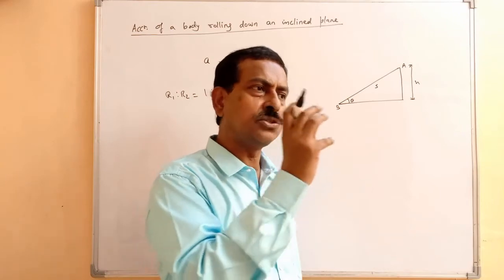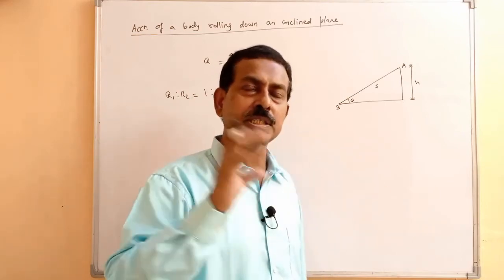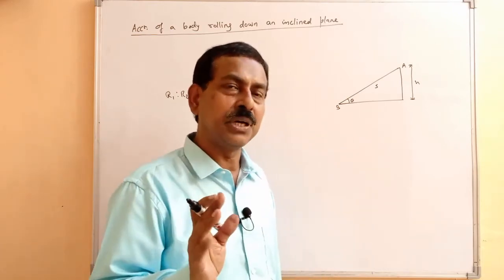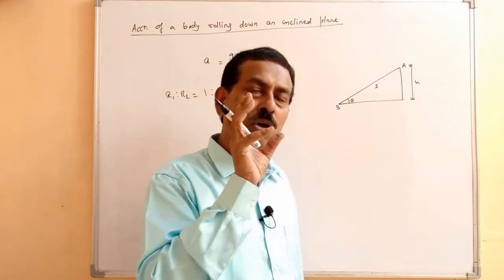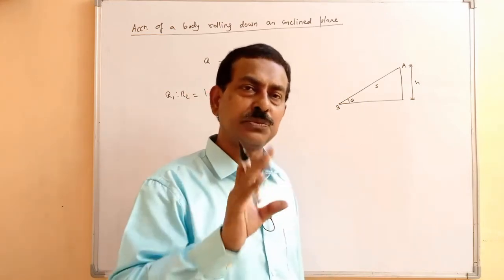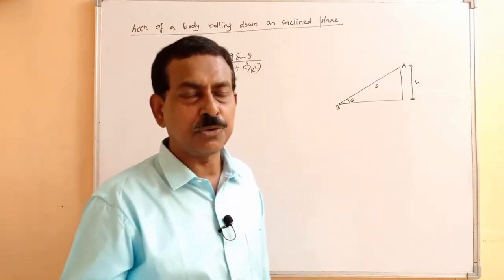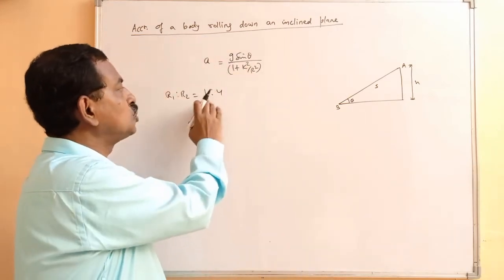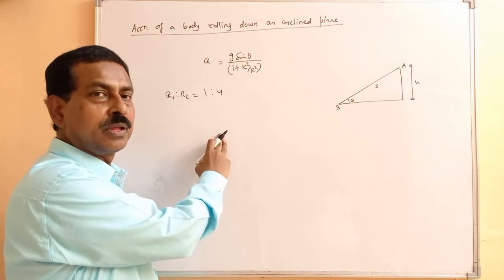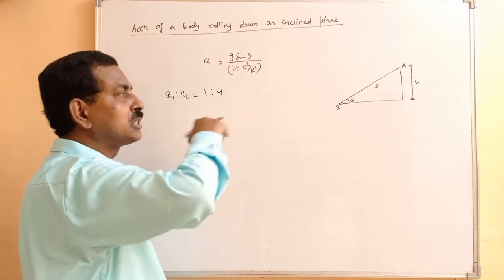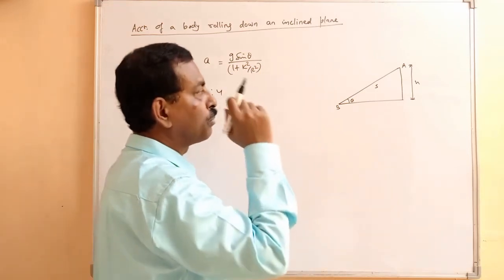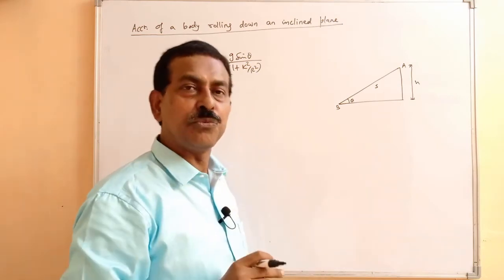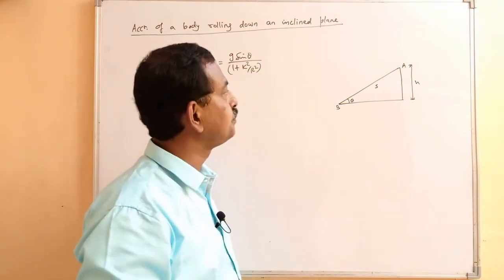If they are of different nature, like one is a solid sphere and the other a hollow sphere or disk, that comparison we have done. Now this time both are of the same nature, that means both are solid spheres. It may be given in the form of disks also. So if their radii are in the ratio 1:4 and they are rolled down simultaneously from the particular point, which one will reach the bottom first on the inclined plane?